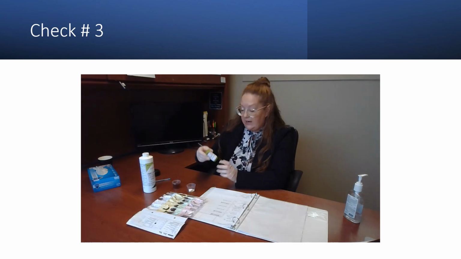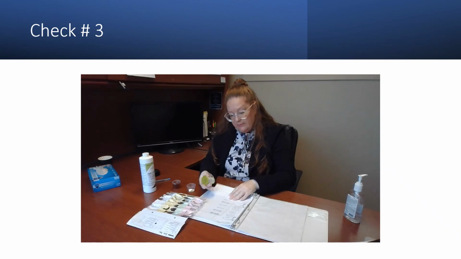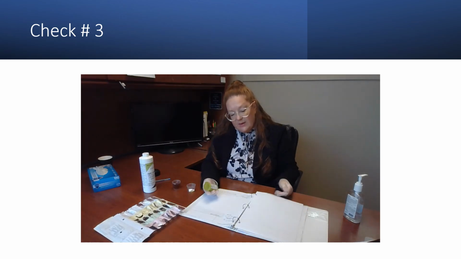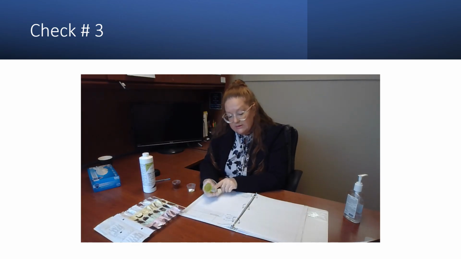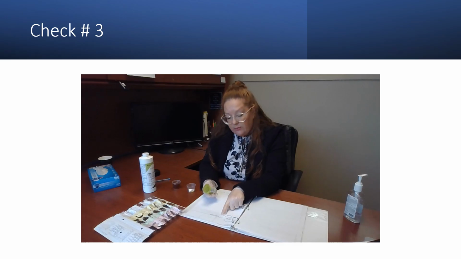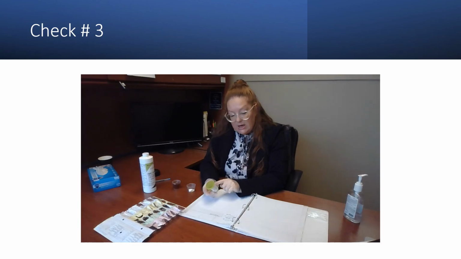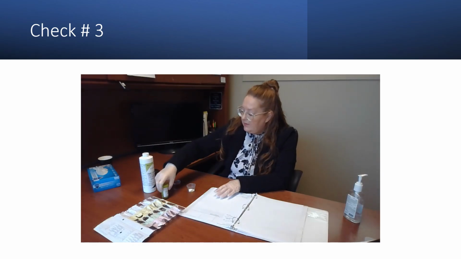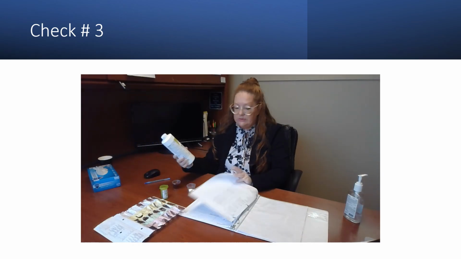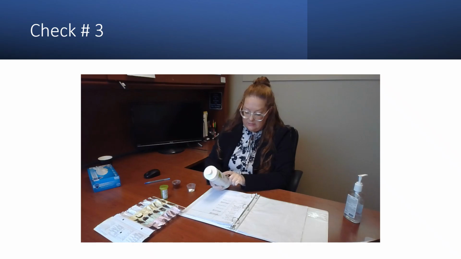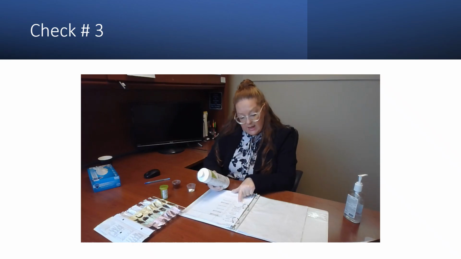You do your check of your antibiotic, which is amoxicillin 500 milligrams, straight med. The right dose is 1 pill. The right time is 8 a.m. and it's a temporary med. John Doe. Then you check your lactulose, which is John Doe, right med, lactulose, right dose, which is 2 tablespoons,